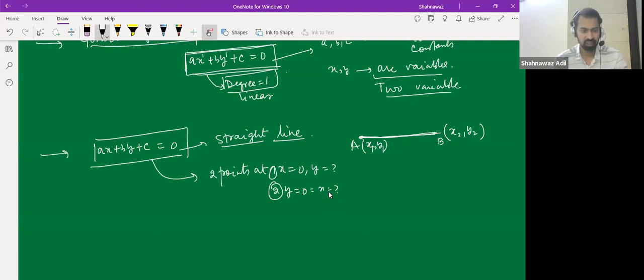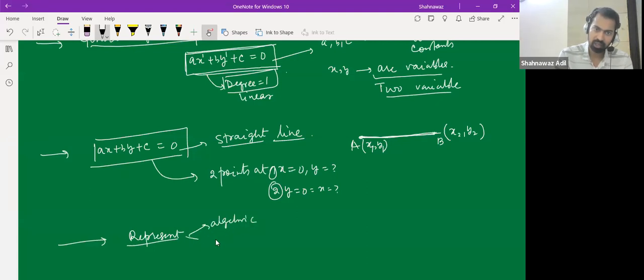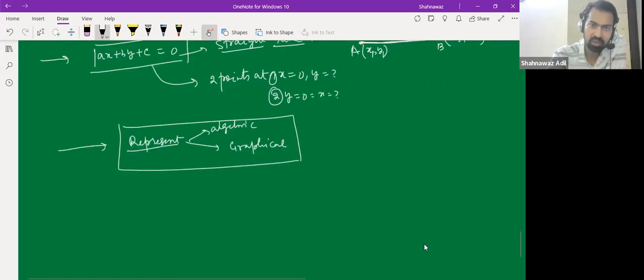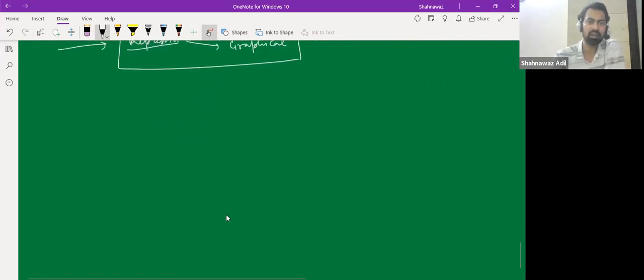Okay. So the first part of this chapter is representation, that we already talked about. Algebraic one and the graph. So let us, okay, and before I do that, so this was about the representation. Okay, and then we have two variables. So then we require two